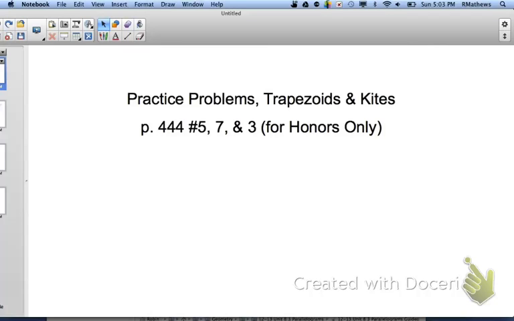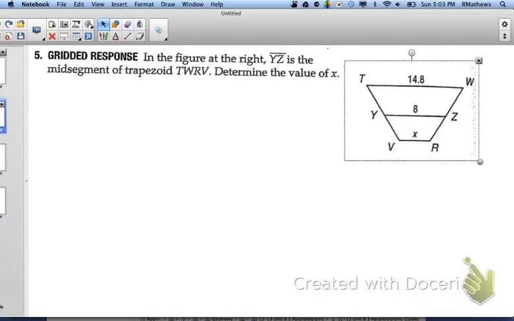All right, I'm going to be going through two of the practice problems on trapezoids and kites for the on-level students, and I'll be going through a third problem for the honors students. We're going to start with number 5. Number 5 is about a trapezoid, and